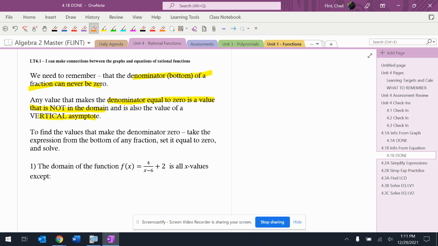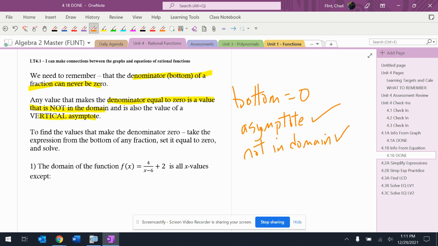All right, when the denominator is zero, so I'm going to write bottom. When the bottom equals zero, we get an asymptote. A-S-Y-M-P-T-O-T-E. I always have to think about spelling that word. Asymptote and not in domain. Okay, and hopefully that's fairly